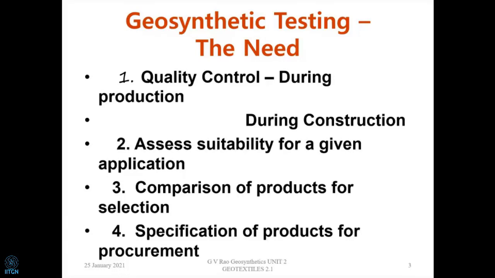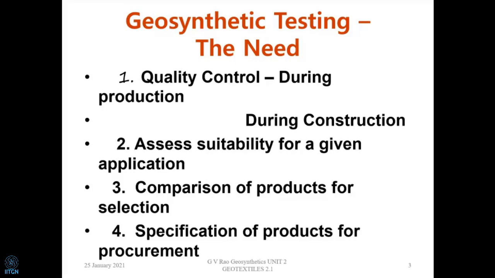No, obviously. If you are going to allow 10% strain to generate the full strength, what is going to happen? The wall is going to tilt. So we can't allow that much deformation. So either we have to pick a material which is stiff enough, or we control the allowable strength by saying that I will not take the 10% strain result, the ultimate result.